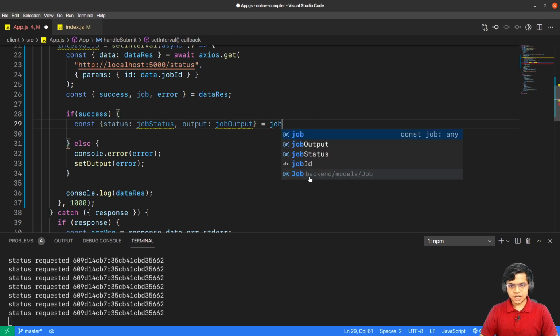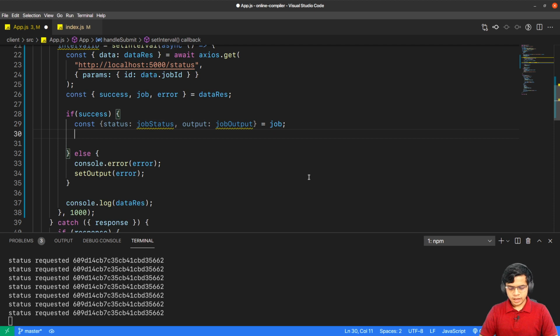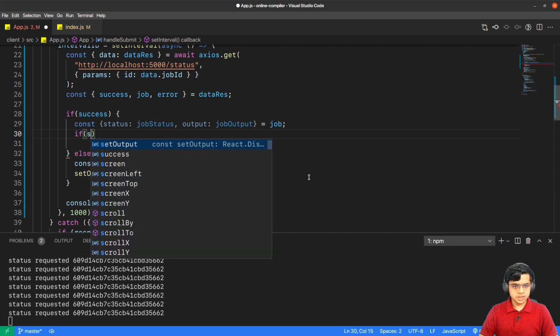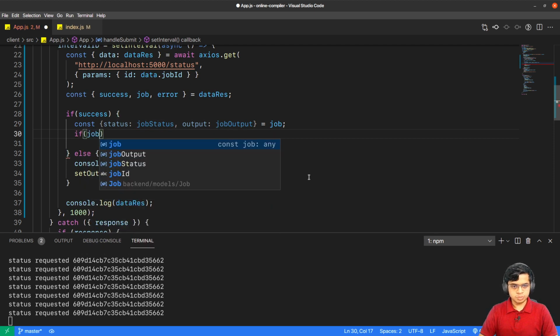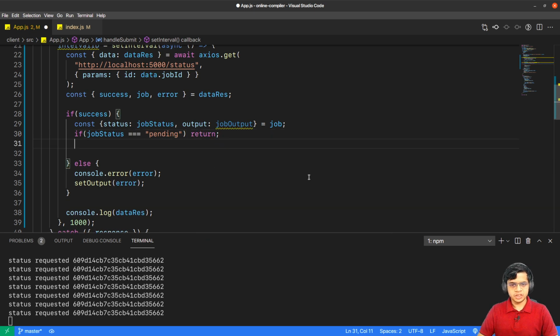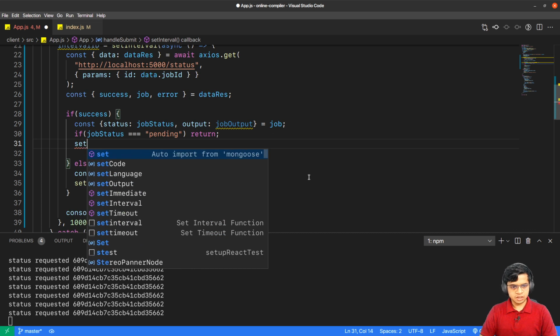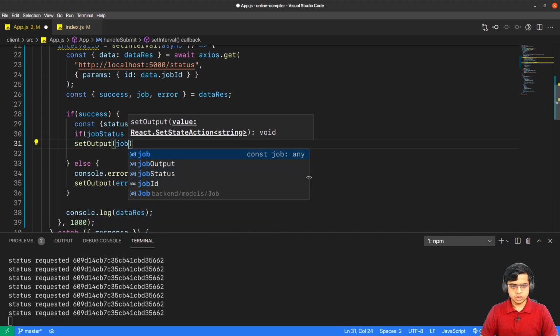So we just extract these things out, and if the job status is pending, I won't do anything, I'll just return out of the loop. So here I write return, and when this is done, I'll set output as the job output.